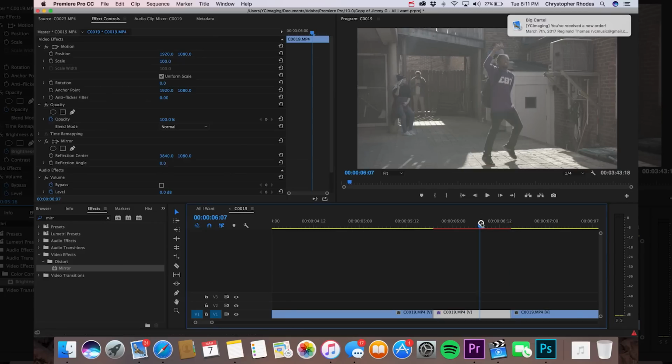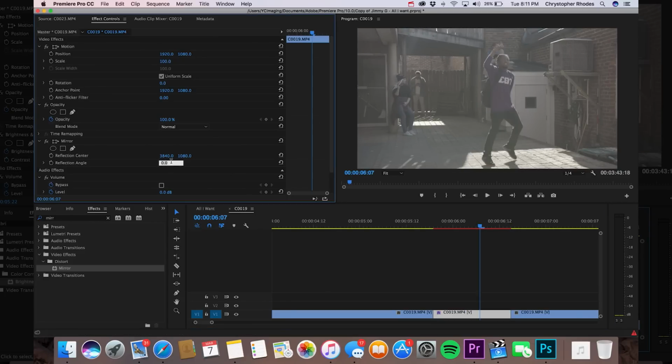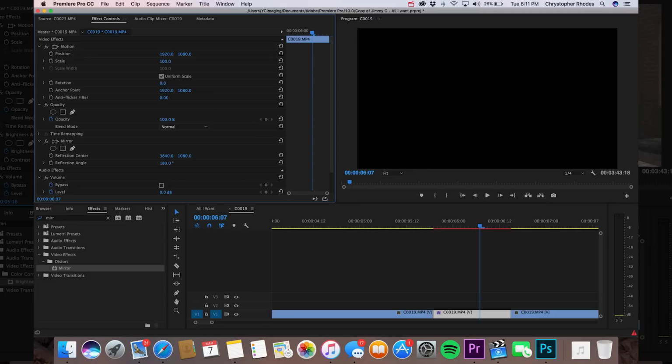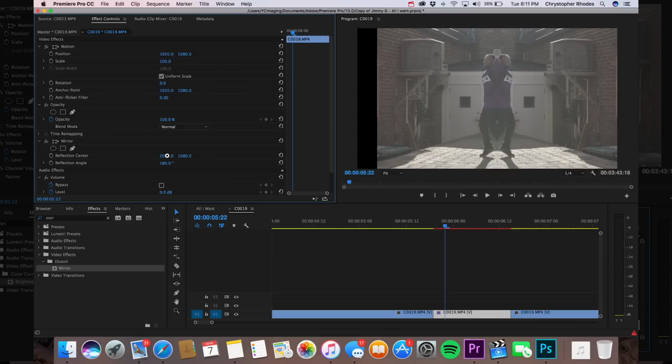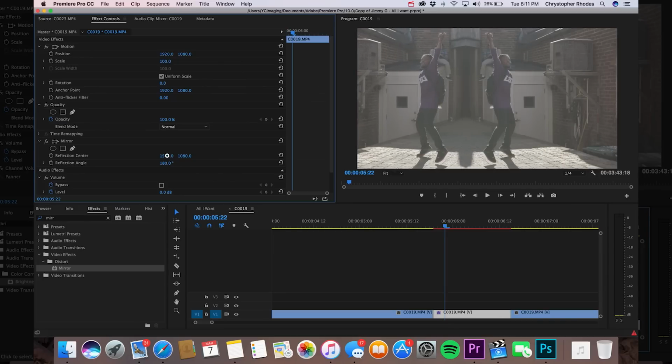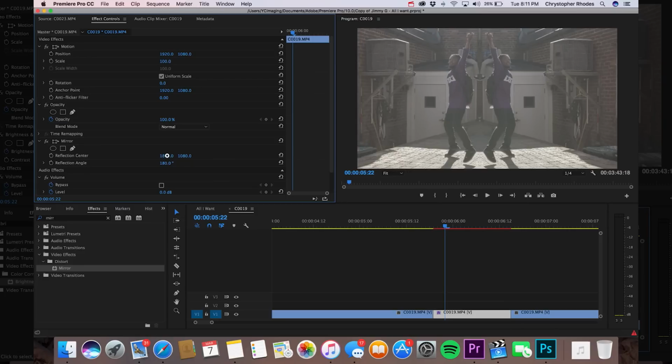And first things first, we're going to want to adjust our reflection angle. So I would want to use this in a vertical manner, so I'm going to do 180 degrees on the reflection angle. You can do whatever you want personally, but I'm just going to show you all how I would like to do it on this clip. And if you adjust the reflection angle, the left one, it's what you're going to want to adjust for the 180 degrees. And you can really put this over the way you want it to. I'll probably put it like right here. I think this looks cool.